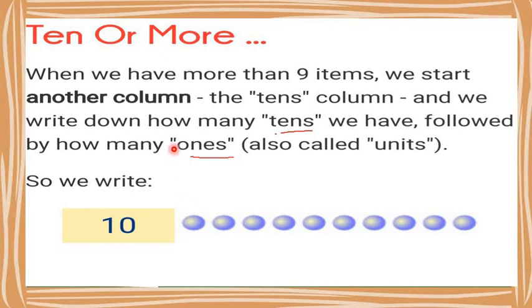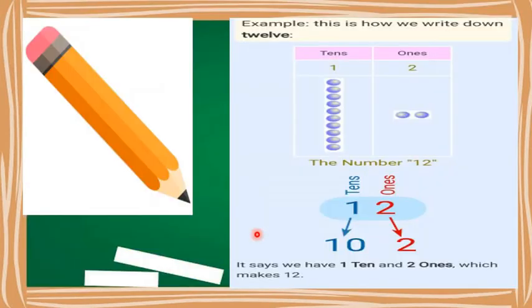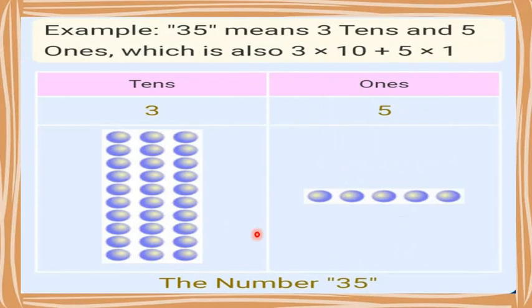Look, here we have seen how we can write the numbers in the forms of tens and ones. Okay. Then we learn how we can put a 0 in the columns of tens and ones. If we have number 10, then we have to put 0 on the place of ones and 1 at the place of tens. And here we can separate these numbers in the forms of tens and ones. Then we learn about different numbers, how we can write them in the forms of tens and ones.